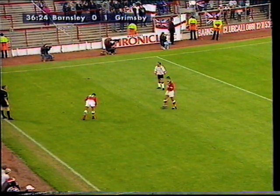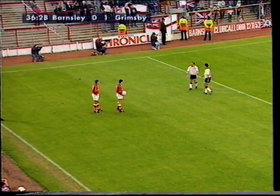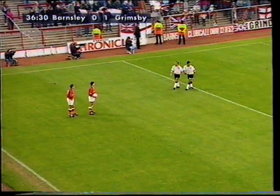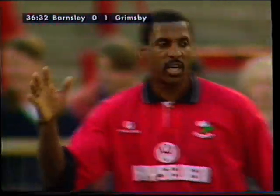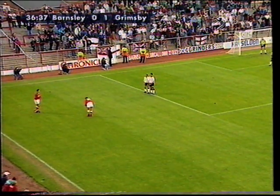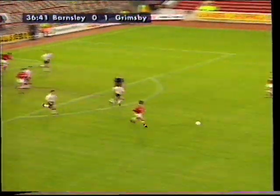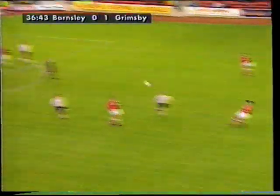So just under 10 minutes from the break. Again, Barnsley have this opportunity to get themselves back in the match. You can see how much it means to the manager. Well, it's a useful ball in, but well cleared first time. So Fleming